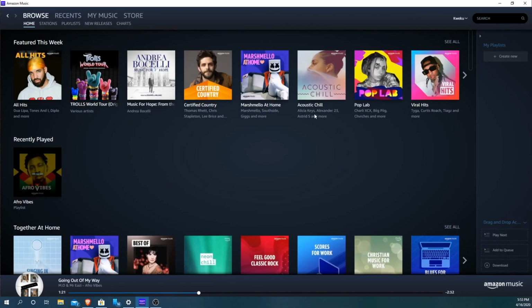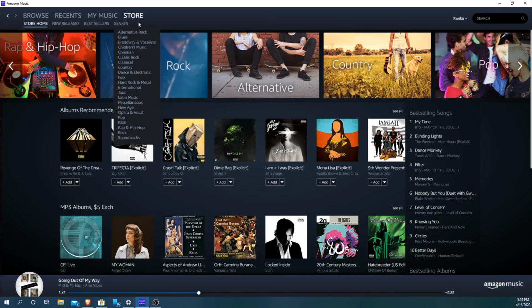I understand it, but it gets confusing when all you want to do is look for where your music is, or shop for more music, or play more music. So what they should do is simply have My Music, Recents, and Store. Get rid of all of this, and then maybe under Store you can have your stations and things like that,